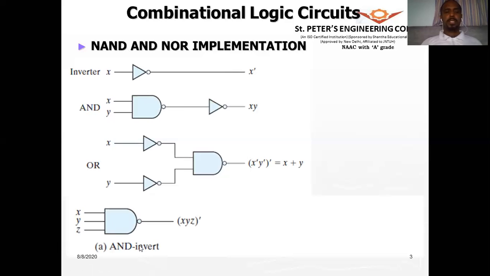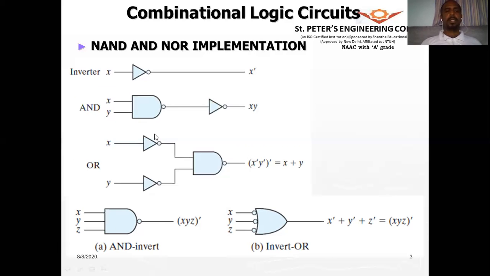So this is the NAND gate for more than 2 inputs. If you want to consider more than 2 inputs, then this will be the NAND gate. And similarly, this will be for the inverted OR operation, the NOR operation, which we will look into later. As of now, are we going to always use only 2 input NAND gates? No, it can be more than 2 input NAND gates. That is the point we are trying to make here.